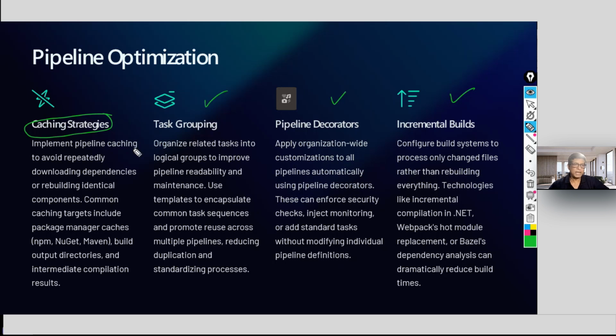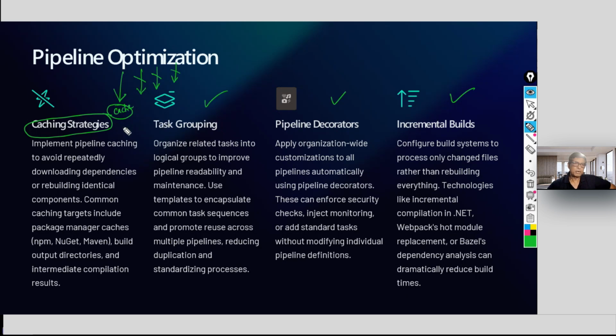Within the pipeline, you can implement caching to avoid downloading the same thing again and again. If something has been downloaded once, you must cache it, such that the jobs can pick up the downloaded library or code from the cache. This is the cache.